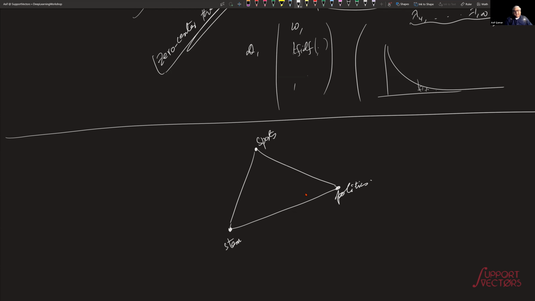So what will happen is when you're looking at documents, they will start falling somewhere. Let's say that the politics documents will start falling here, right? Much closer, but they will still have some STEM field, and then they may be like this. Then the sports field will start spreading out like